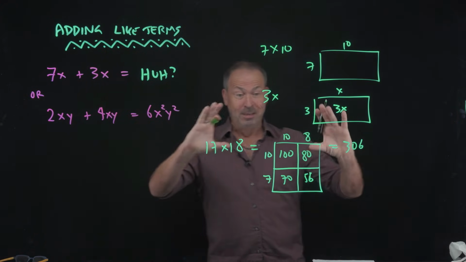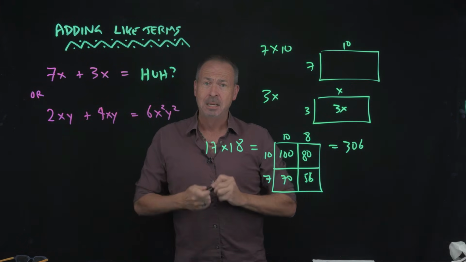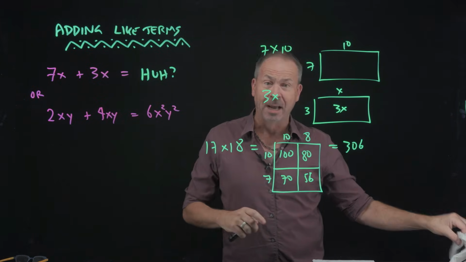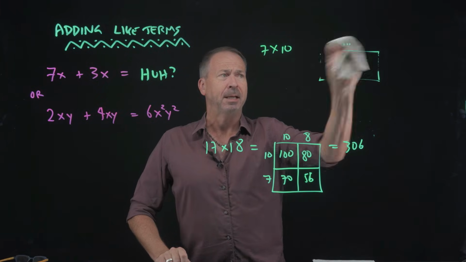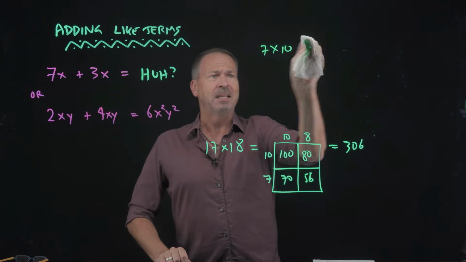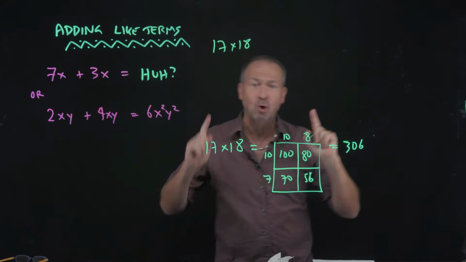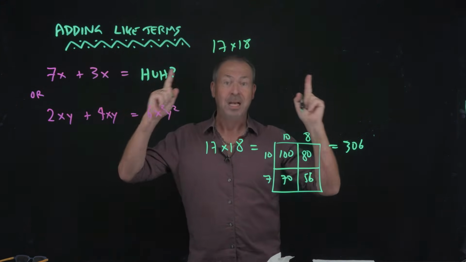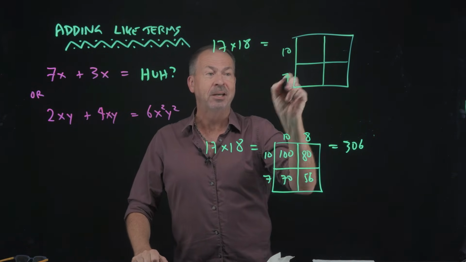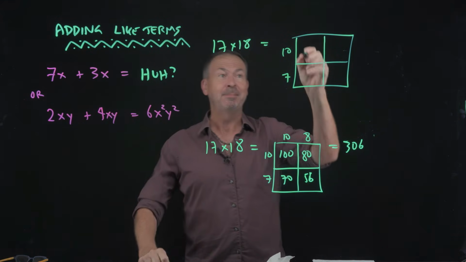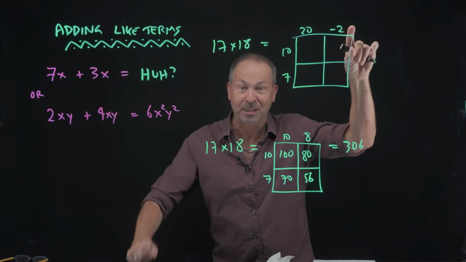All right, so now I'm being very literal. I literally chopped up a picture in geometry, the area with positive side lengths and positive areas. But let's open our minds, because this area model actually applies beyond the realms of geometry. And this is hard for a lot of kids, say, still in a very concrete mindset. Area is meant to be positive, side lengths are meant to be positive, but look at this. I could work out 17 times 18 by opening up my mind and doing something strange, not being locked into the concreteness of geometry. I'll keep 17 as 10 inches and 7 inches, but I'll actually be strange with the 18. Let me think of this as 20 inches and negative 2 inches. I know I kind of have a negative side length in geometry,